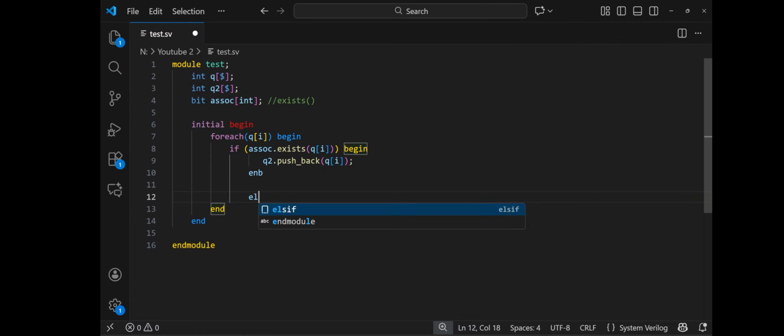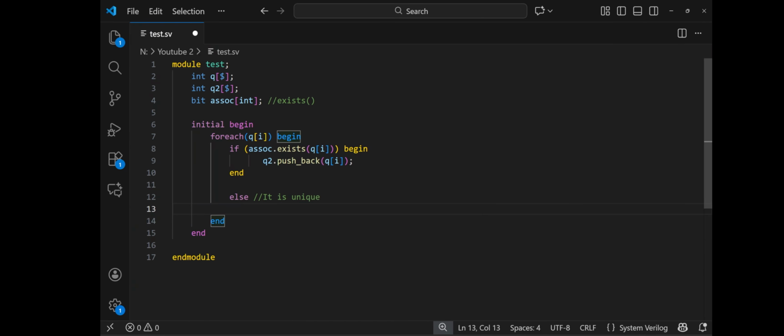And if it does not, else, and let me rectify this as end, else, which means it is unique. So if it does not exist, we will just include that inside the associative array as an index, and also we will push that element at the front of the output queue. So I will write